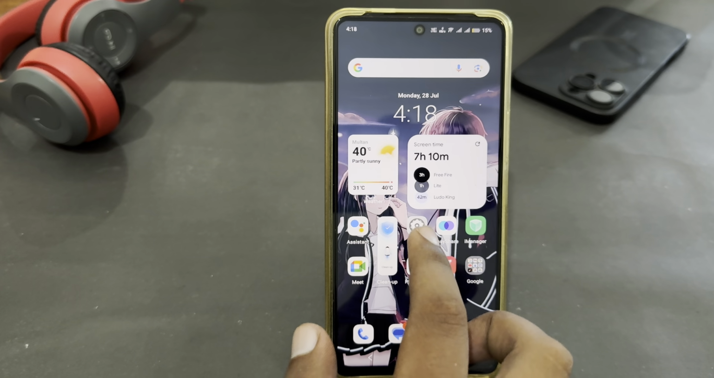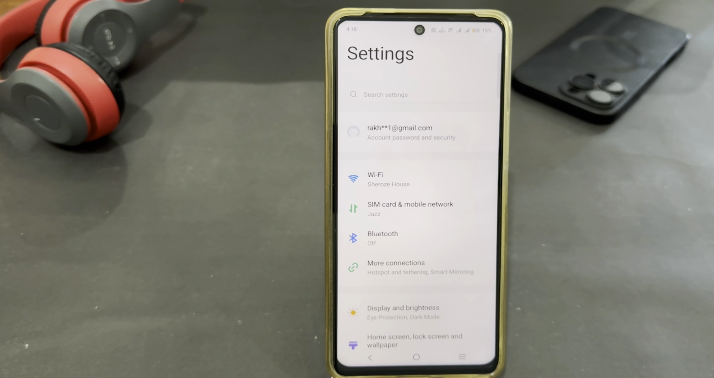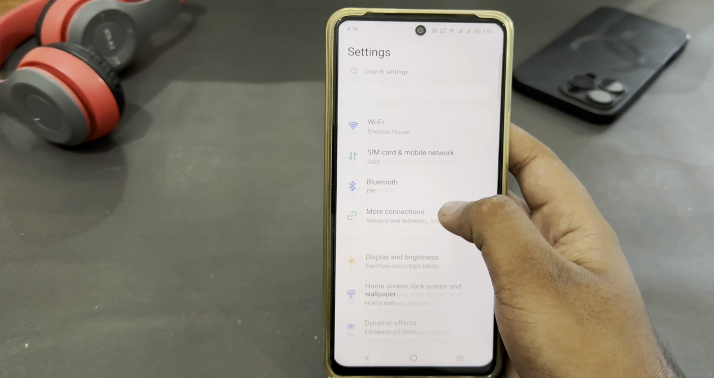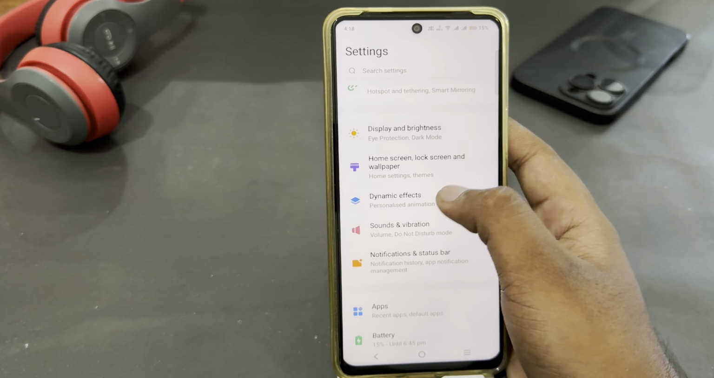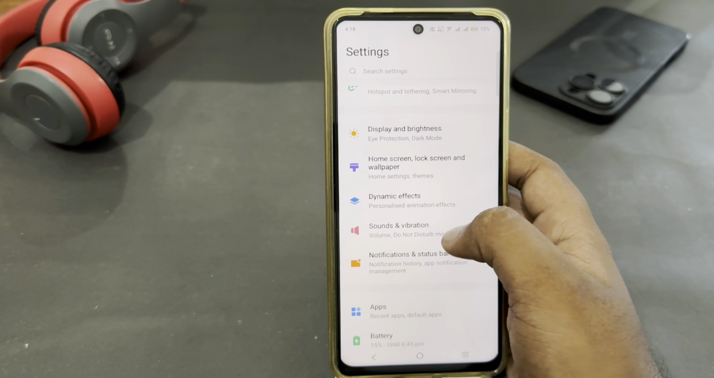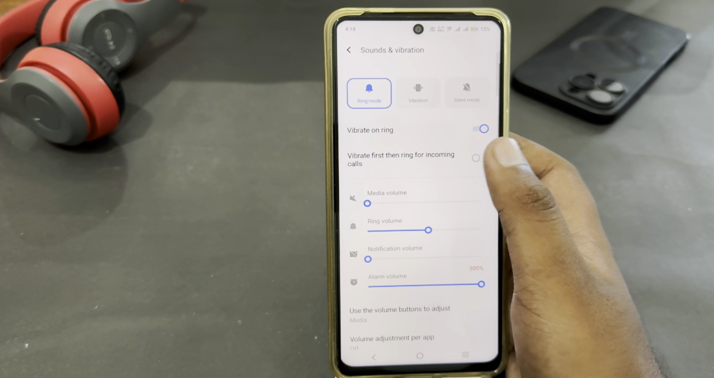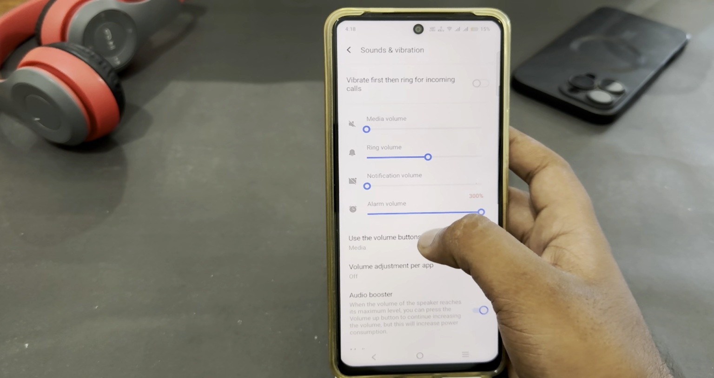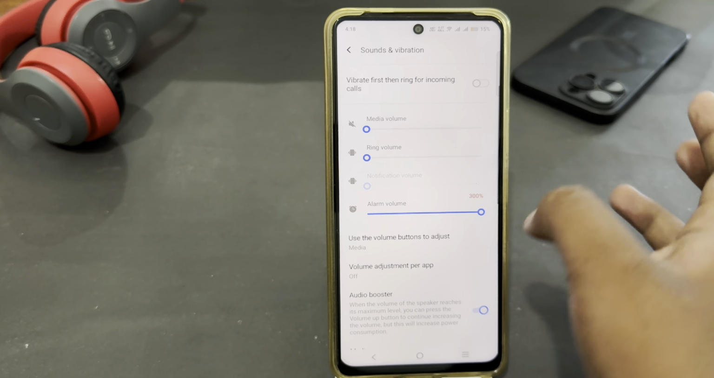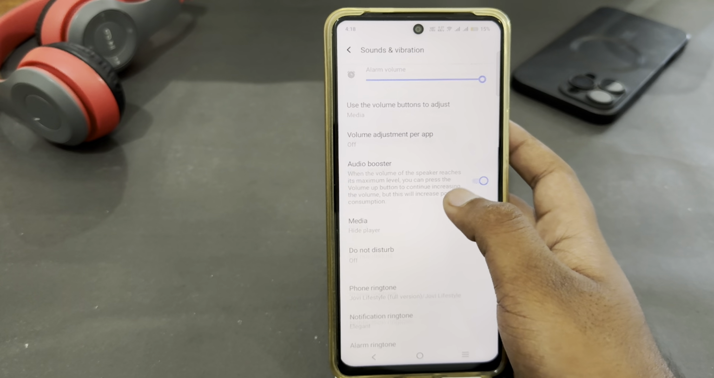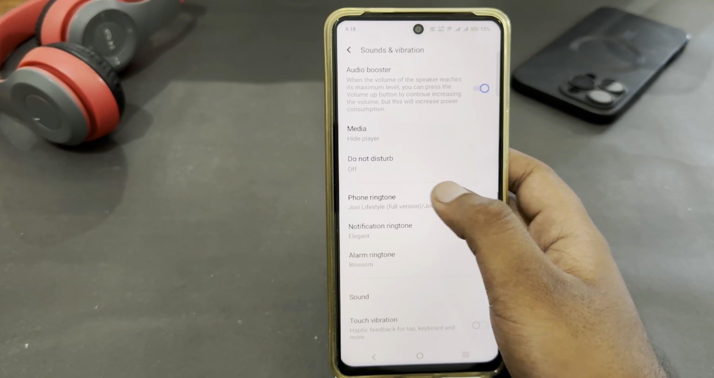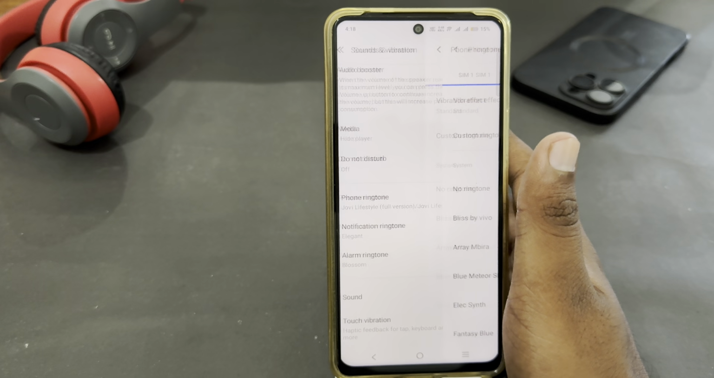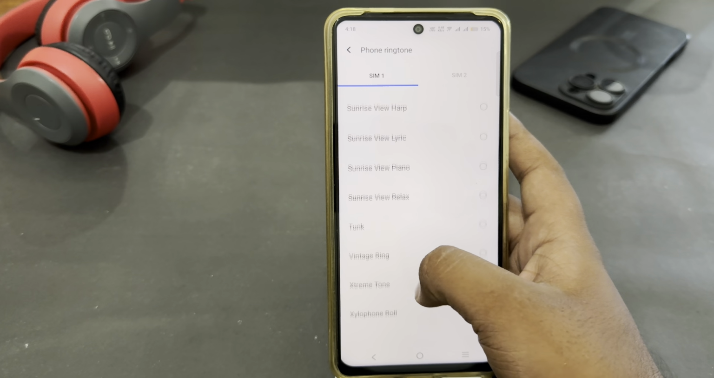You just have to open your settings app. From here, just scroll down and look for sounds and notifications. Here's the sound and vibration option, just tap on it. And then you just have to scroll down again. From here, just select phone ringtone, tap on it, and here you will get a list of ringtones which you